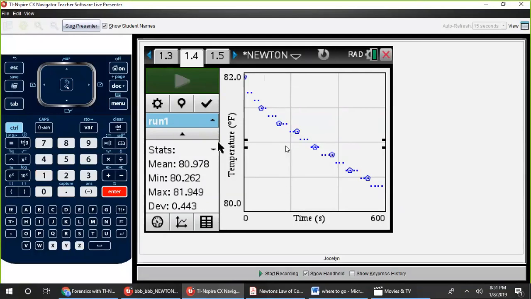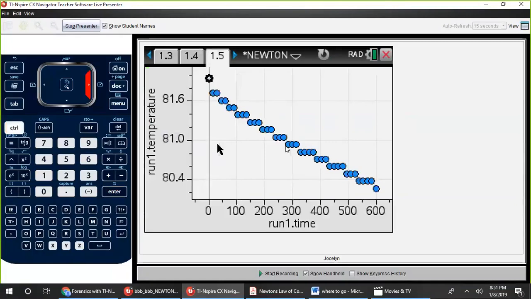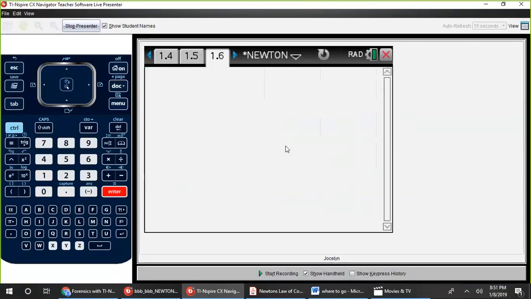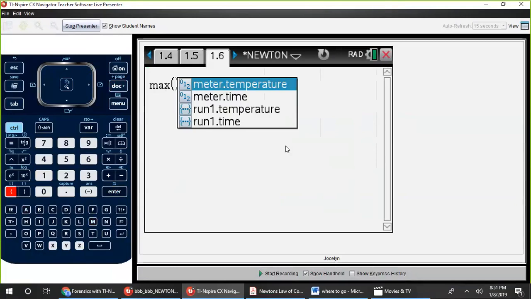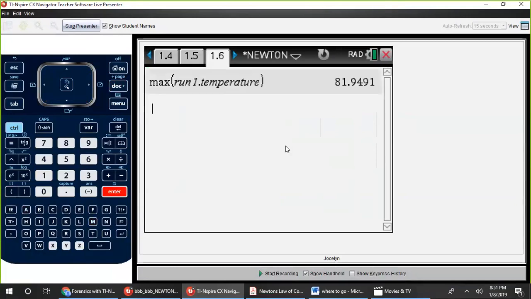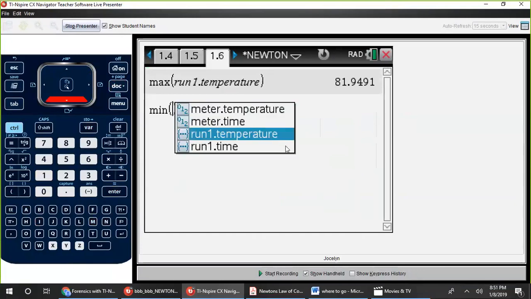The next step we have is to insert a calculator page. Type in max, my var key, and run temperature, and min, and my var key, and run temperature.